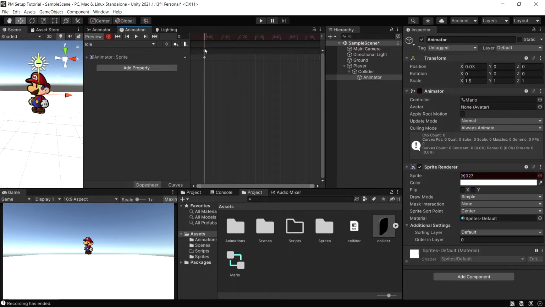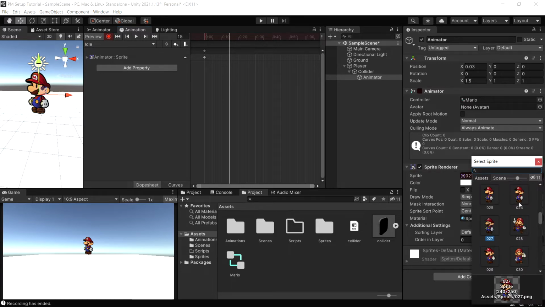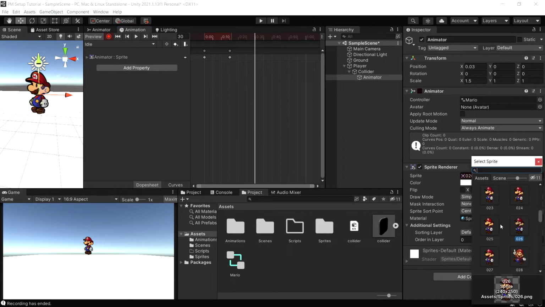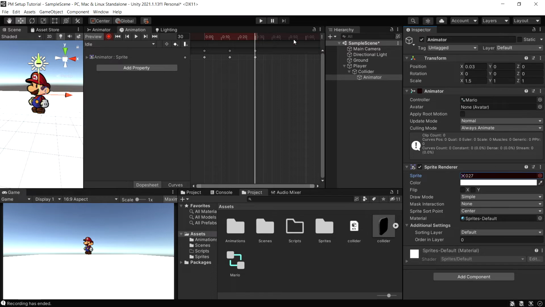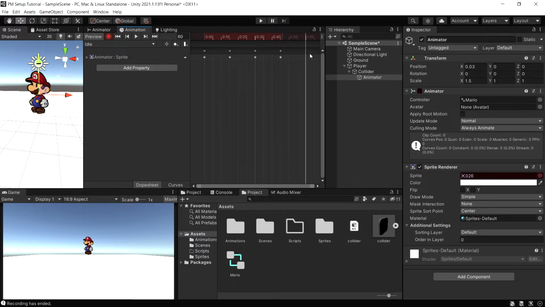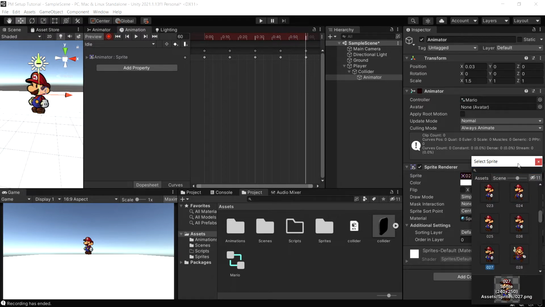But that's only if it starts out on a sprite that you already have displayed. And let's go in intervals of 15 for something as even as an idle animation. And on frame 15, we're going to change this to the next frame of the idle animation, which is this one, and go another 15 to 30, and change it back to the first frame of the animation, then go to 45, change it to this one again, second frame of it, and then go to 60, first frame,